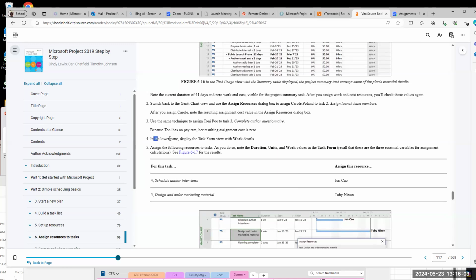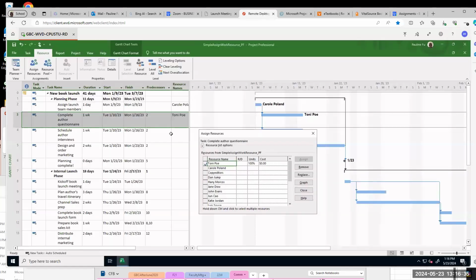Step 4, in the lower pane display the task form view with work details. This is a difficult step. I'll try to go slow for step 4. Okay, now step 4.